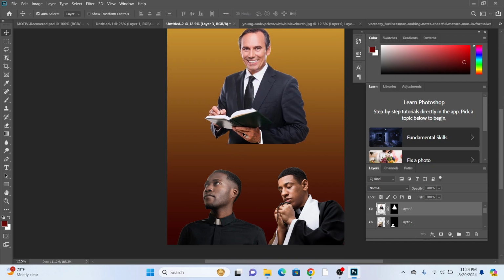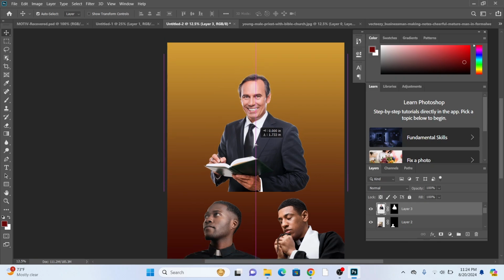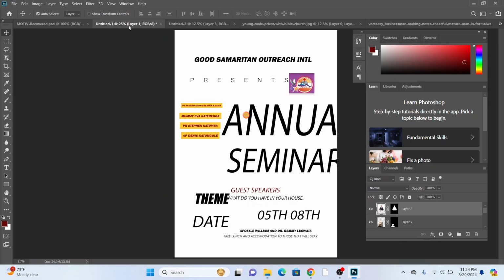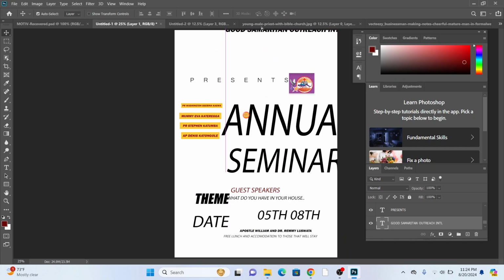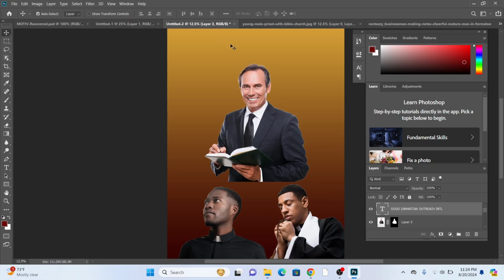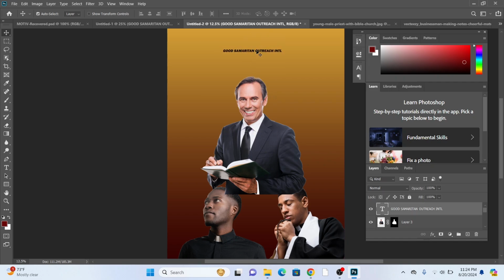The Good Samaritan. I want us to come up with something real smooth. To select it, you press Ctrl T. Then to increase its size, you press Alt as you resize it smoothly. So as you can see, this is what I was telling you. The black color is not a good color combination with our background. So we are supposed to get a nice color for this, and that could be